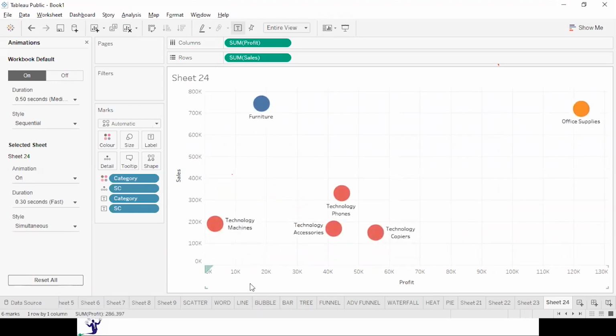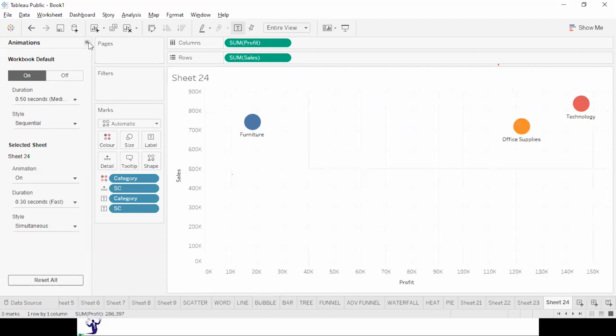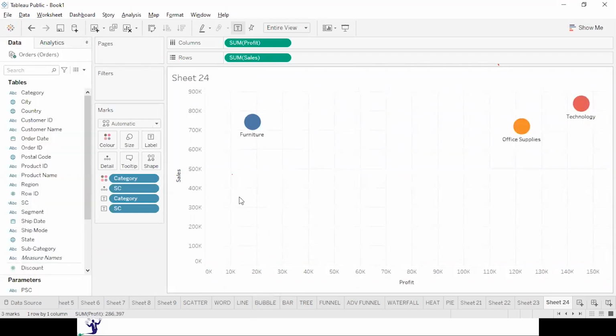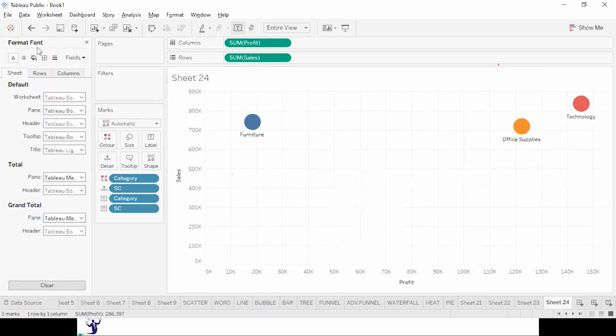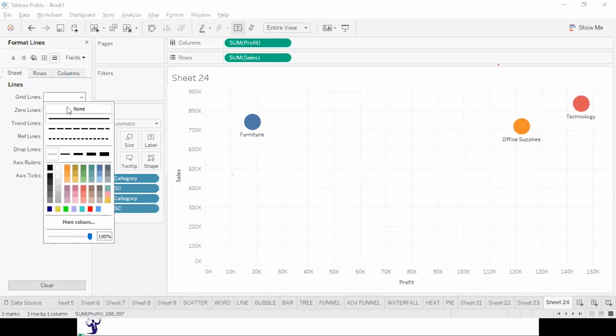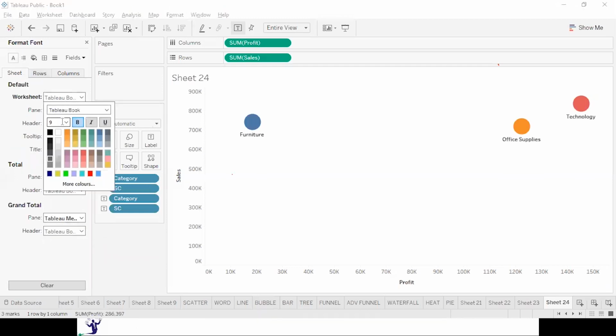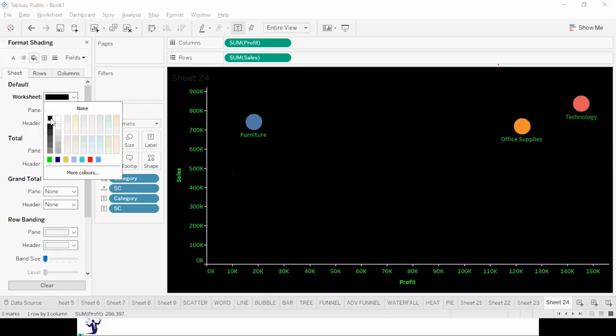This looks better. Let me click outside. Here it goes. Let me close this. Right, and to make it more appealing, let me do quick formatting. I can right click over here, go to the format, and go to the grid line. First of all, I will remove this grid line from the back. I will go to the font and change the font color. Let me make it bold, increase the font a bit and change the color to green. And I can go to the fill color over here. Let me take the fill color as black. So this is how it is appearing. Here it goes.